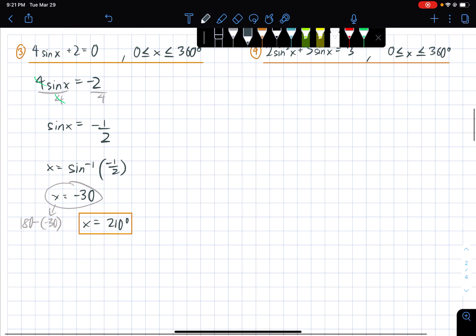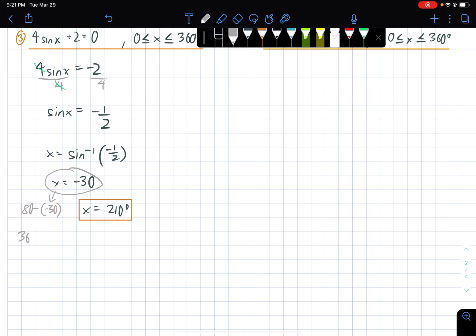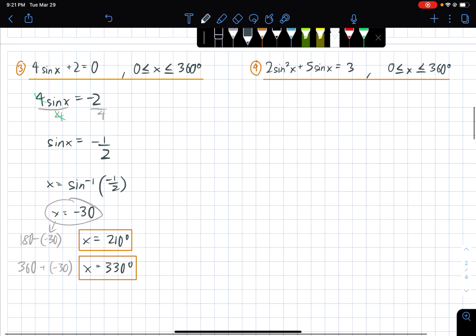The other solution, let's see, 360 plus negative 30, x is equal to 330 degrees. So that's it. We have two solutions all in all for number 3. Number 4,